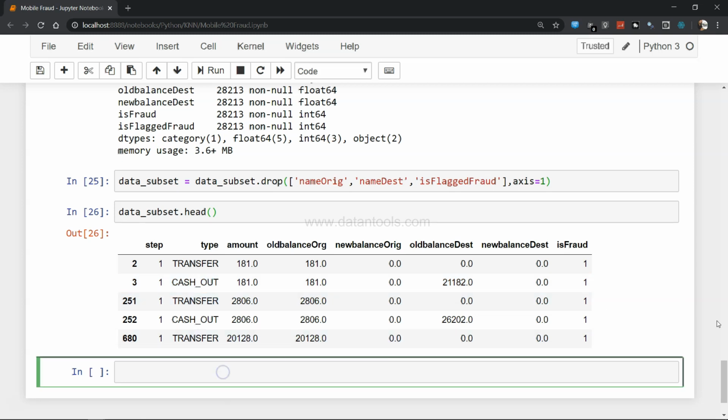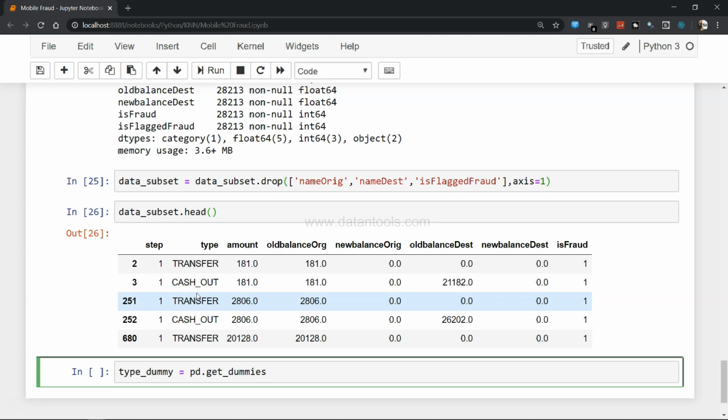So how we can create it is, I'm showing you a very simple method which is part of the pandas dataset. So let's see how we can create it. First of all, I will just create a new variable, type_dummy, so that I can store all the new values which we will have out of this column, and I will use